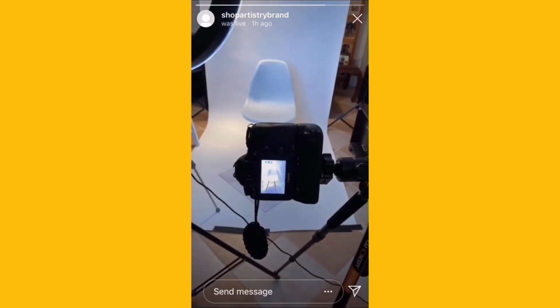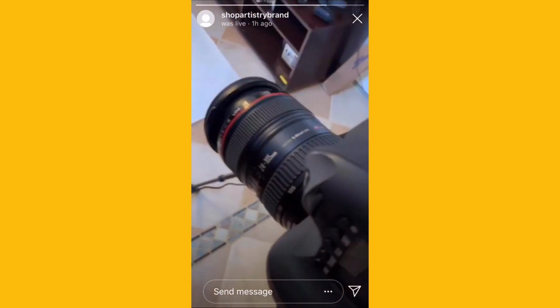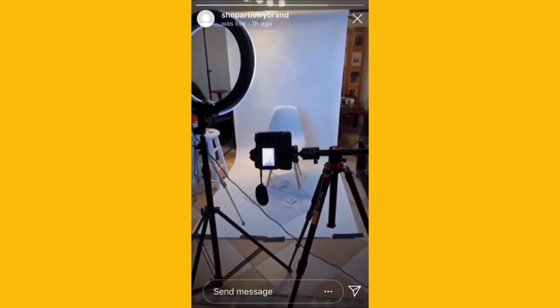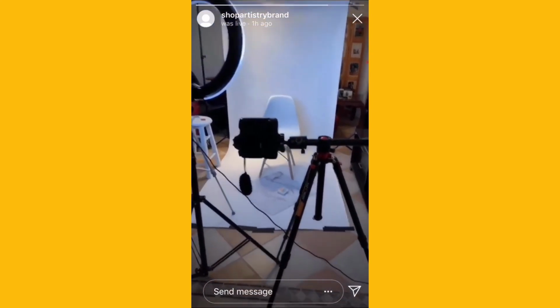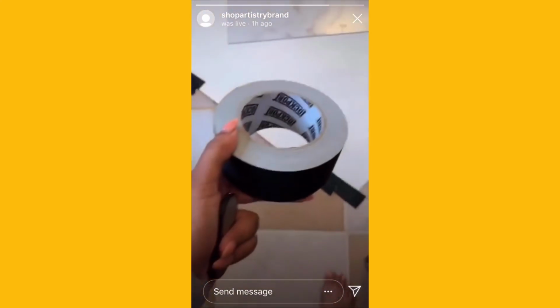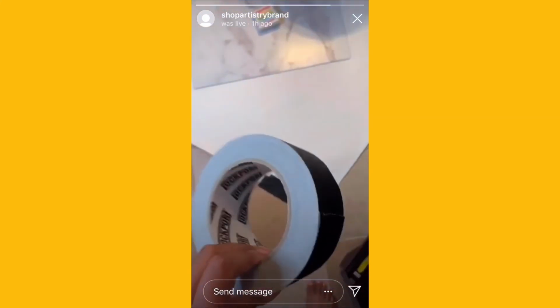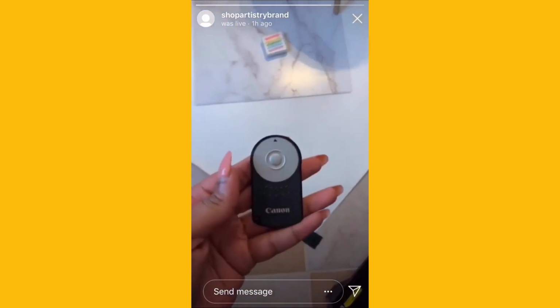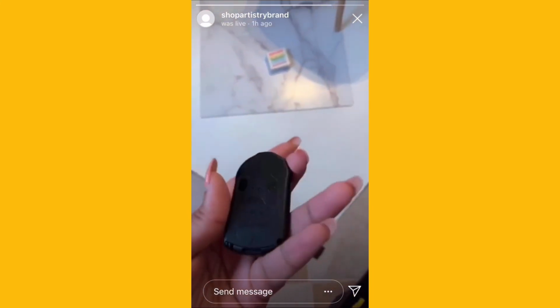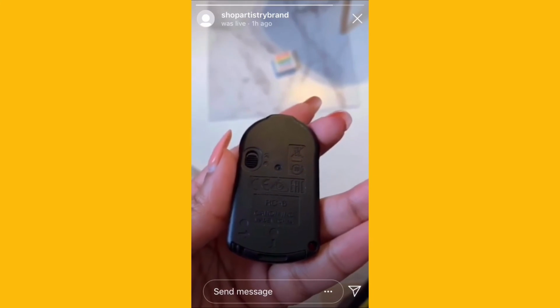The camera that I shoot with is a Canon 6D. The lens that I was using that day, oh no, it was this one, 24-105. I also have a 50, and I very often use an 85. That's about it. I have gaffer's tape holding down the edges of the paper. Get that on Amazon as well. What does that say? Lockport. It's upside down. Lockport. Just a regular roll of gaffer's tape. The remote. Obviously, this is specific to my camera, but they usually cross a few different models. But it's an RC6. You can look that up on Amazon as well. It'll tell you on the remote, in the product description, like which